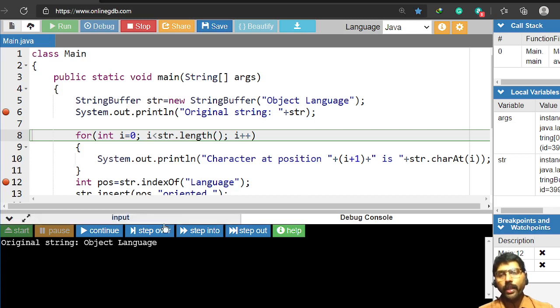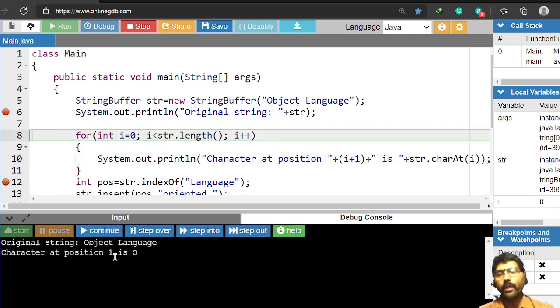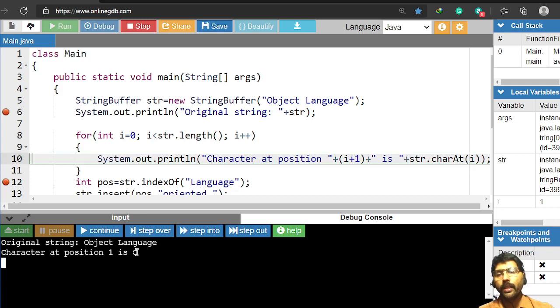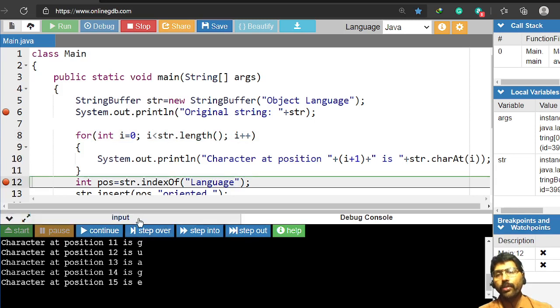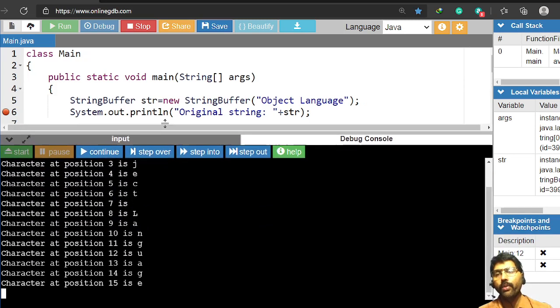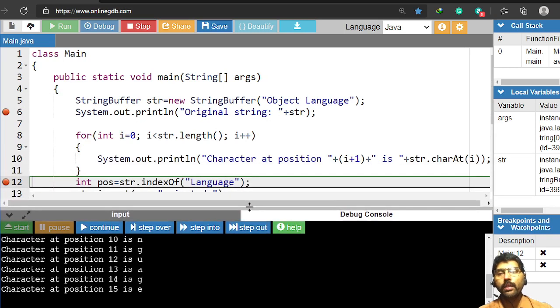Like that it will display one by one character. First I will demonstrate here. Now see, it will display first O in the position 1, then it will display again 2 as the B, one more time it will display J. Like that I can display all the characters one by one, this way. See, this is the for loop. It will display character by character.